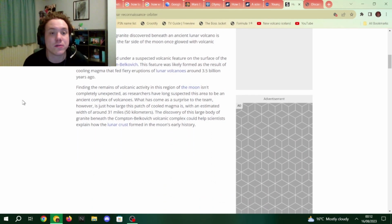A large formation of granite, the same type of magma under Yellowstone, discovered beneath an ancient lunar volcano, is further evidence that the far side of the moon once glowed with volcanic eruptions. The granite was found on a suspected volcanic feature on the surface of the moon called Compton Belkovich. This feature was likely formed as a result of cooling magma that led to fire eruptions of lunar volcanoes about